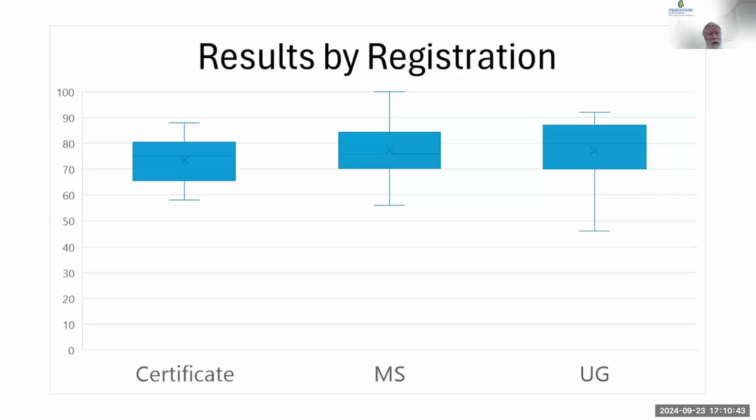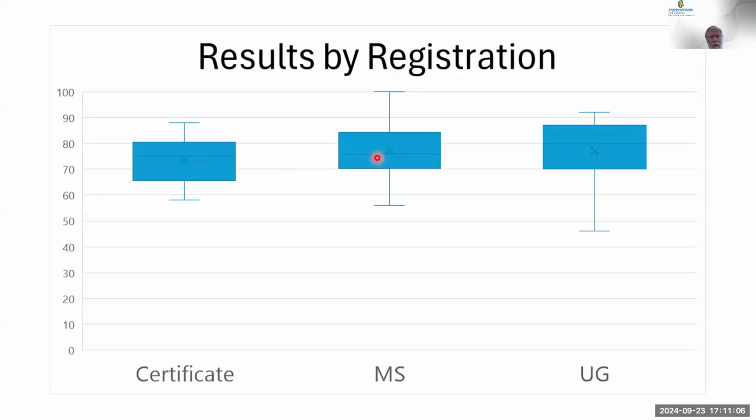All right, here are the results by the different groups. Sometimes I'm concerned whether the certificate students are doing well or the undergraduates. It's very hard to see, but the median line of the certificates and the median line of the master's students are almost the same. The undergraduates are slightly higher. Part of that might be that the undergraduates have different questions than some of the graduates.